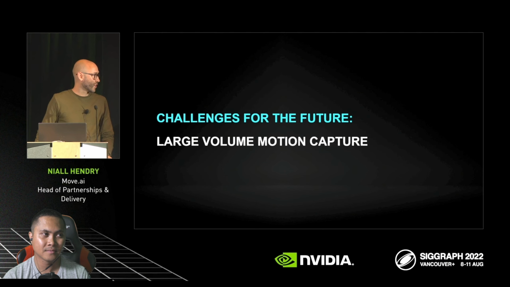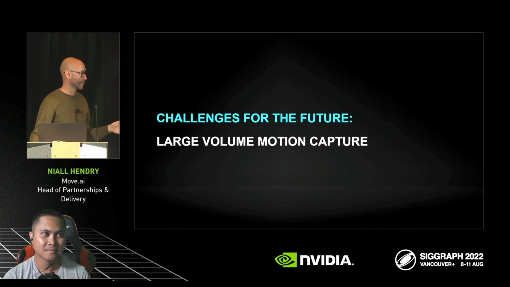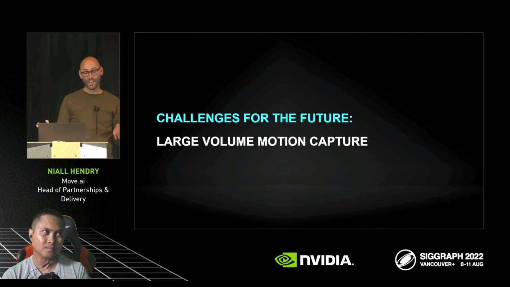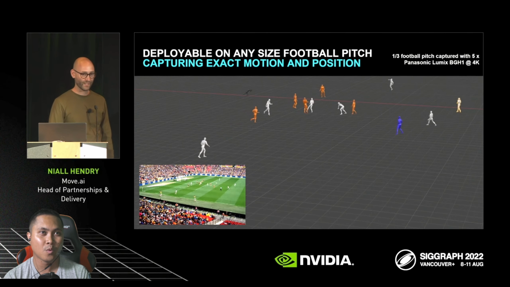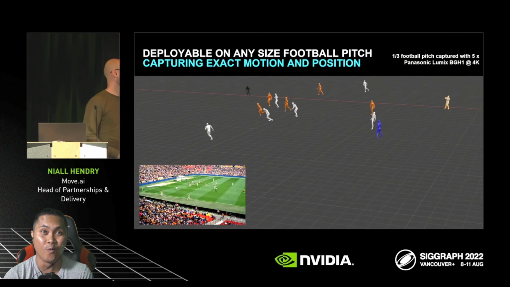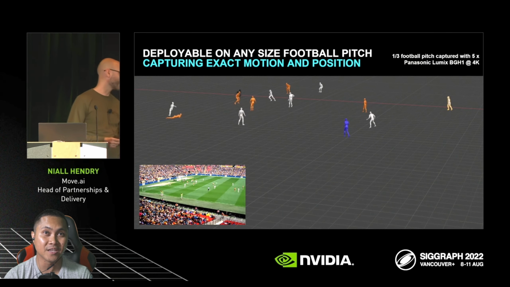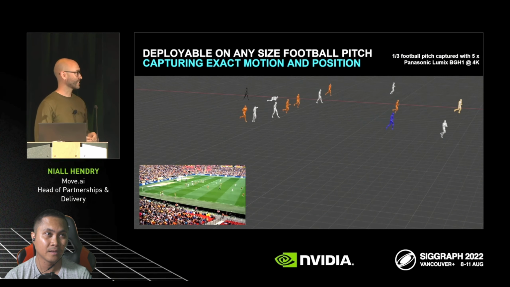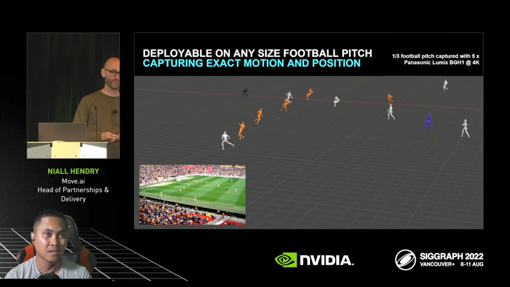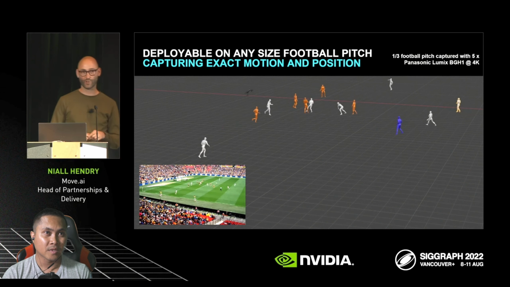So through a lot of the work we've done and through the scalability in terms of cellular scalability that Marco mentioned, how do we get from a small area for a couple of meters to a 30 by 30 meter area to a 105 by 68 meter volume? We can see that there is a need in global sports to get higher fidelity data at scale in terms of in venue and at scale